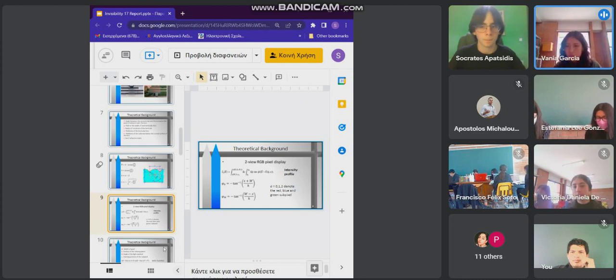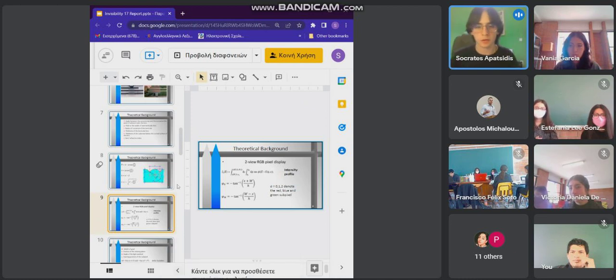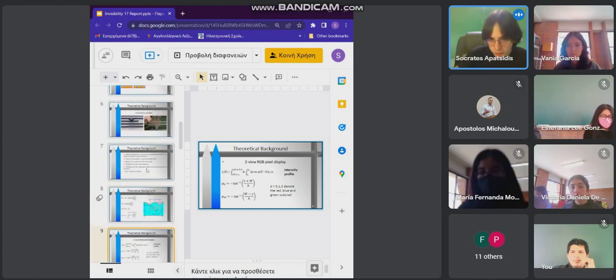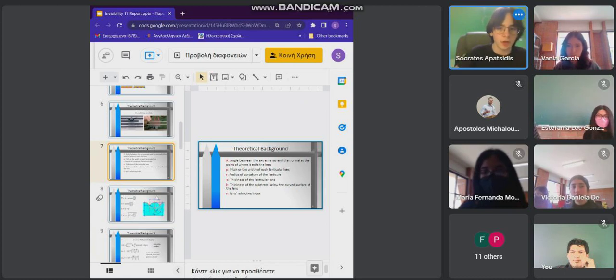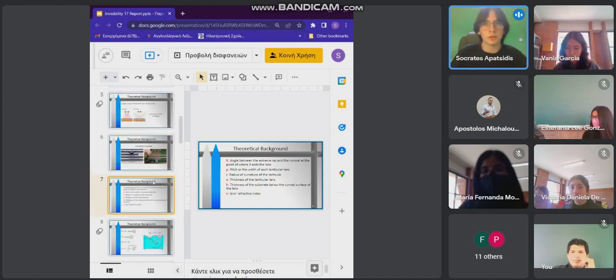Did you maybe try different mediums? How does the phenomenon work, for example, underwater? Oh, okay. So you mean not air but something else? Well, if we change the medium, as long as the refractive index n, not for the lens, now we're talking about the medium, stays stable, the effect is basically the same. So we do not really need to change the medium, because if it is the same in every position, the effect is the same.